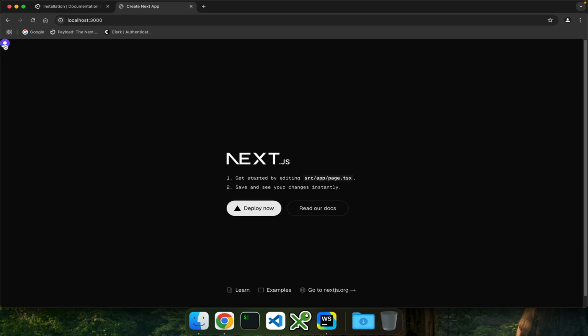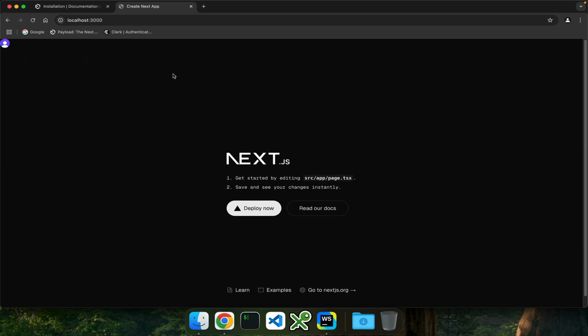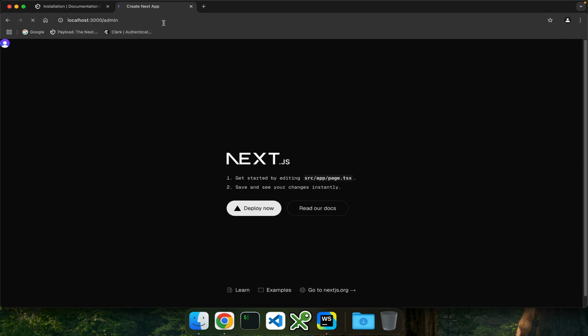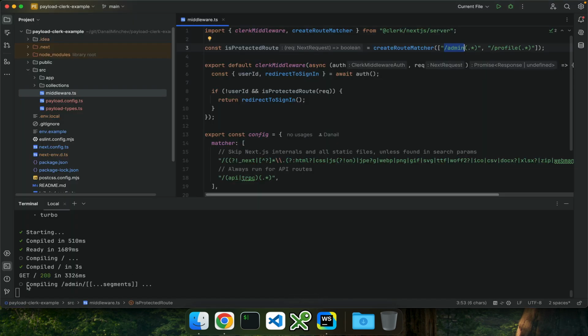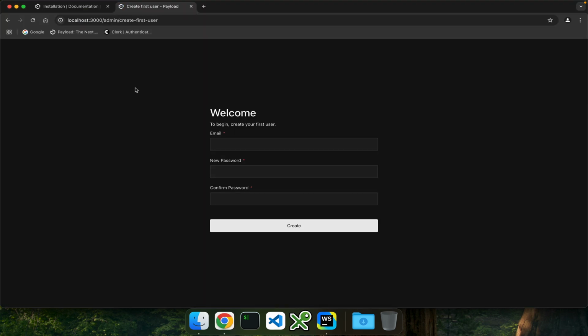Okay. And from before the user is already logged in, you can log in with your user again if you prefer. And let's navigate to the payload section. As you can see, it is taking a bit of time. This is because the whole project is being compiled, the Payload CMS. So let's wait. Okay. Now, as you can see, we're presented with create first user screen to register our first